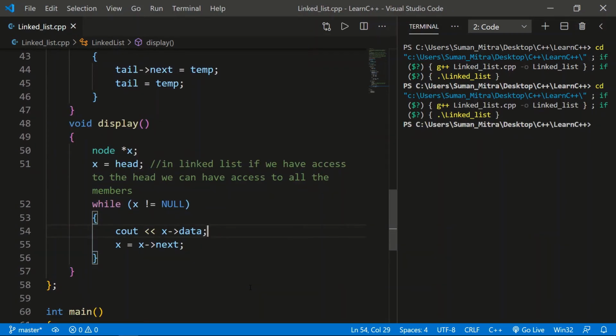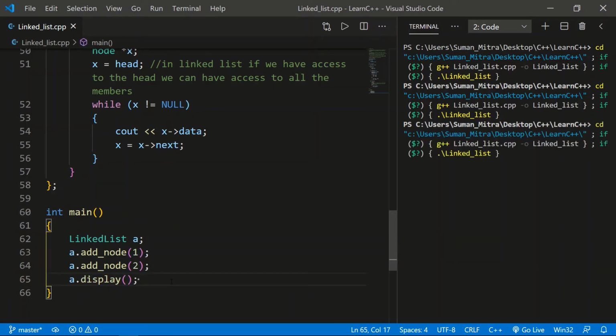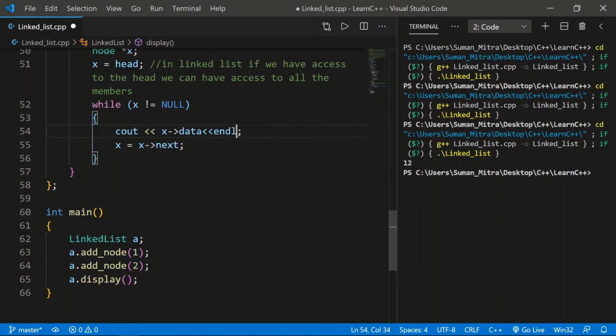okay, I think we're facing a little bit of an error here because our value is not getting printed. For that, there is a little error because we did not call our display function. We'll just write display, and now if you run this, you can see our value 1. And okay, I'll just use the endl so that you understand what I wanted to say. Okay, just run this.